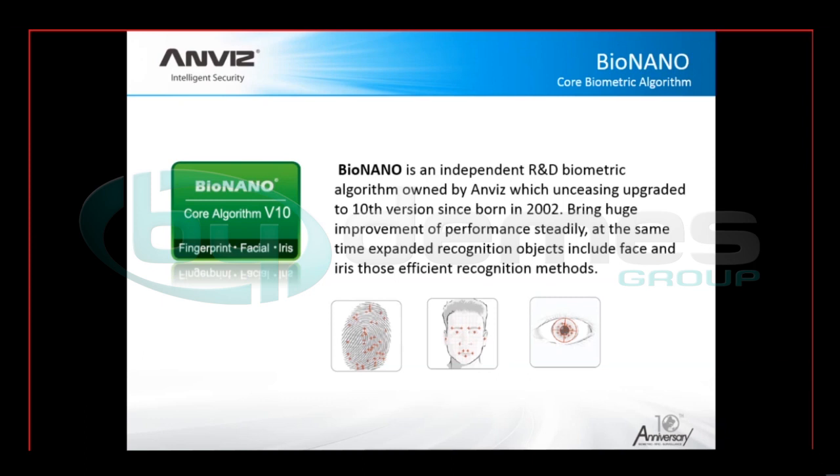This is very secure, and it's exclusive to us. Nobody can reach it because we have some rules. No company can get it from us, and it's important to tell the customers that since it's exclusive to us, it cannot be opened and cannot be modified. Some other companies in the market have this kind of algorithm as open source. This is not very good in our opinion, because people can modify it to do good things,